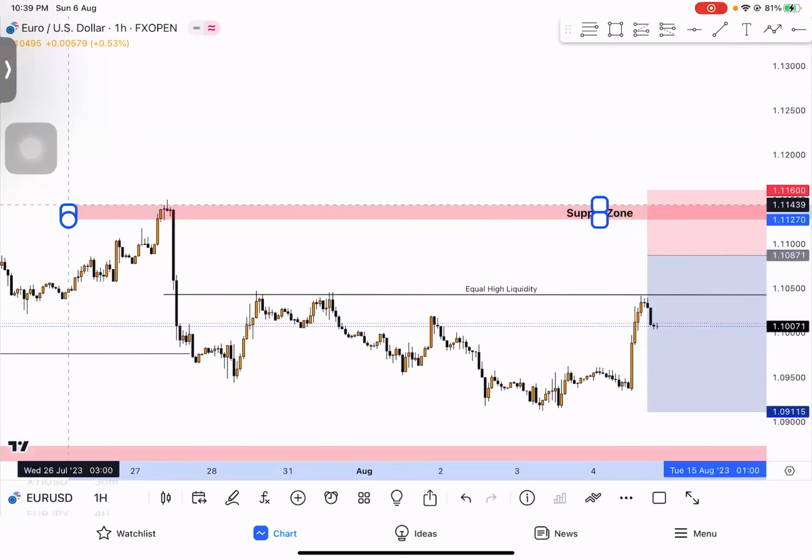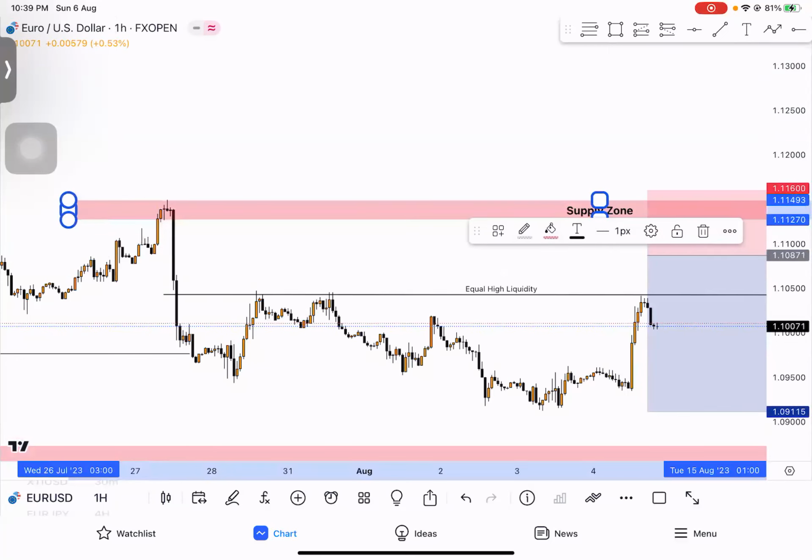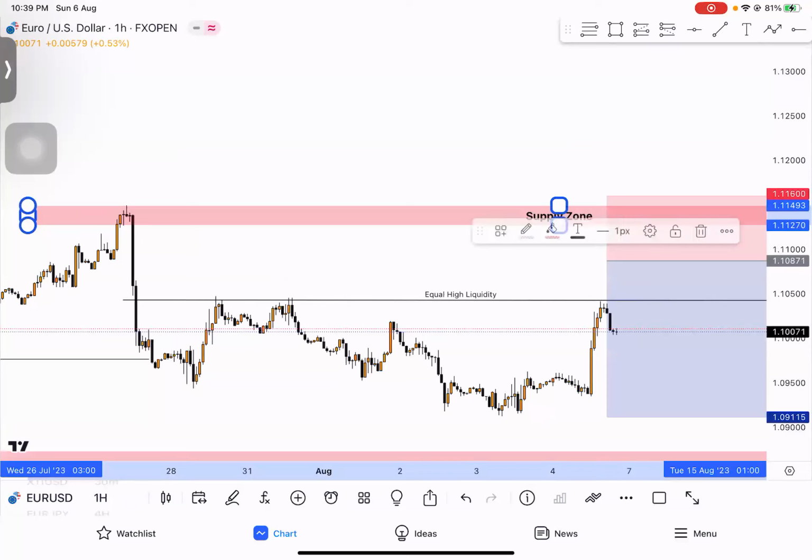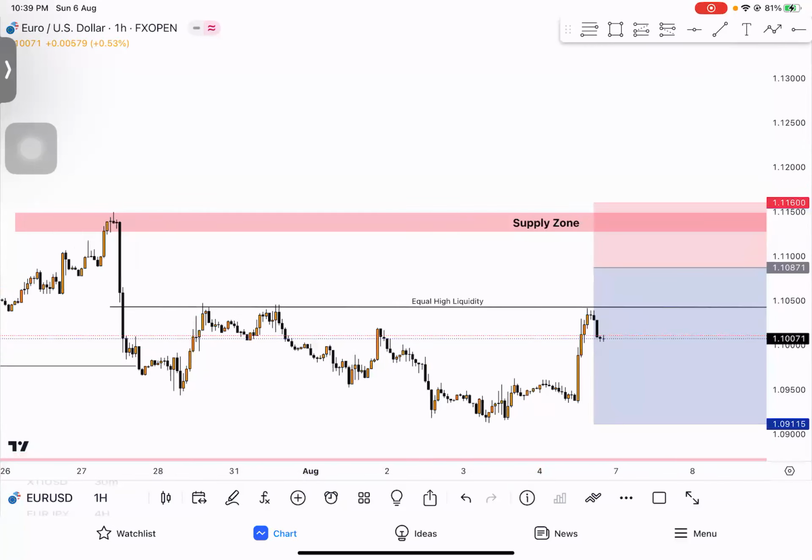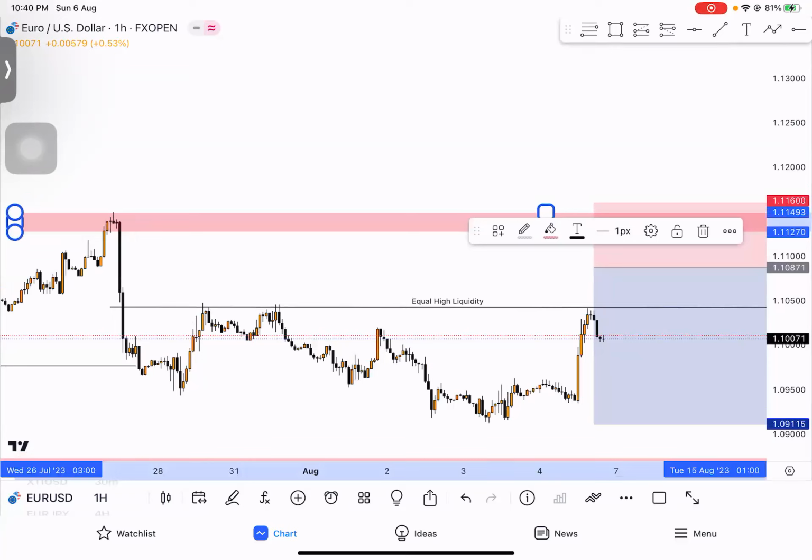I will take on the top. Is that sufficient for you? For me, not realistic. If you take from the H4, then you go to H1 and just refine on the top. But if it comes, then okay. But if it doesn't come, and I think mostly it didn't come